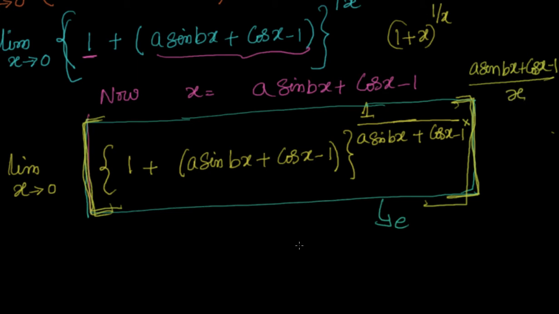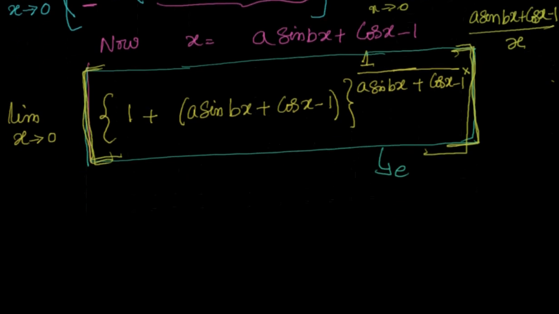I hope you are comfortable with that. Please have a look at that. What I have done is added 1 so that I can get my x. x is equal to a sin bx plus cos x minus 1. The form I have to get into is (1 plus x) whole to the power of 1 by x. So I should write 1 by x, then only I can convert this into e, limit of that as x tends to 0. Now this becomes e, but I don't have a sin bx plus cos x minus 1 as 1 by, this is not available to me. So I should multiply it again so that I can nullify it.